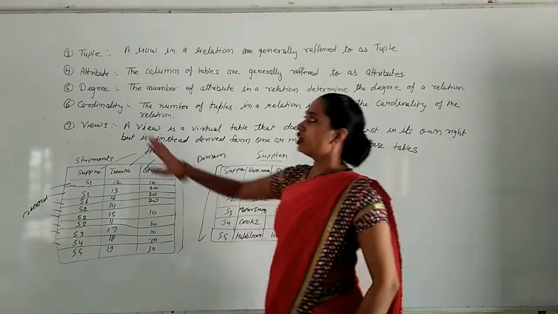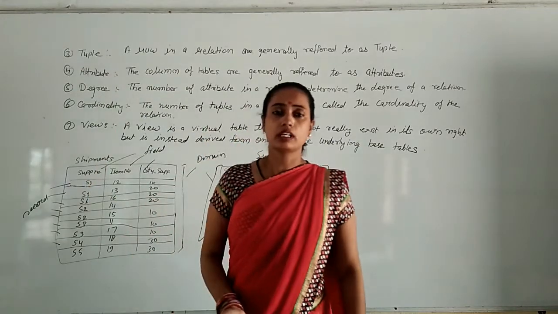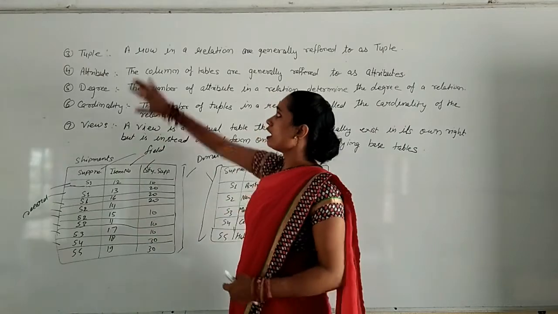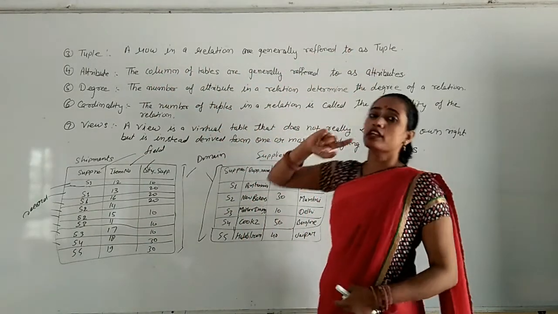Now some other terms related to relation. First one is what? Tuple. What is a tuple in a relation, in a table? Actually, our rows in a relation are generally referred to as tuples. It means